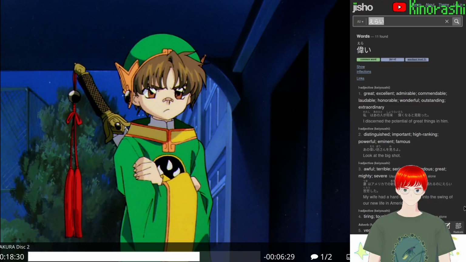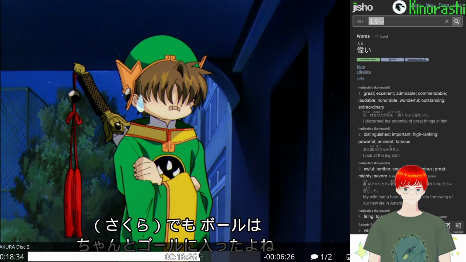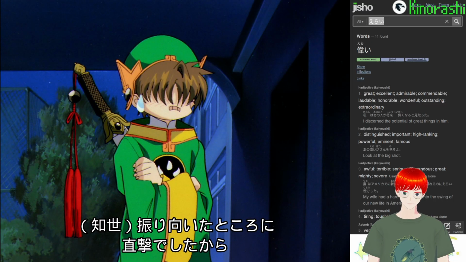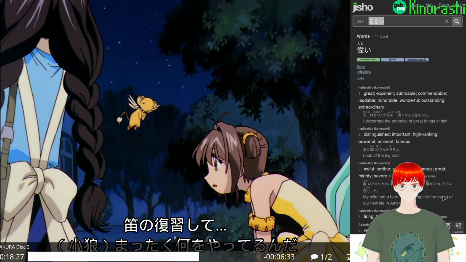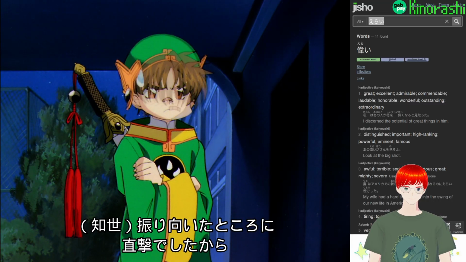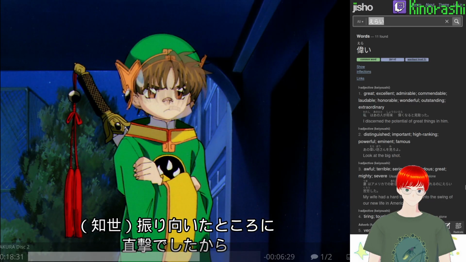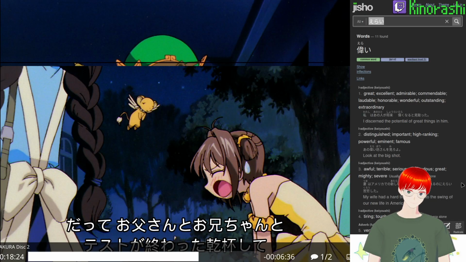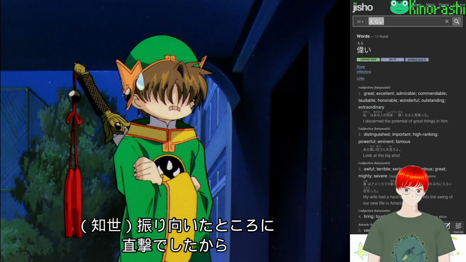レイ君、顔大丈夫？振り向いたところに直撃でしたから。夜に入ったよね。お見事でしたわ。タイムは時計塔と何をやってるんだ。まったく何をやってるんだ。